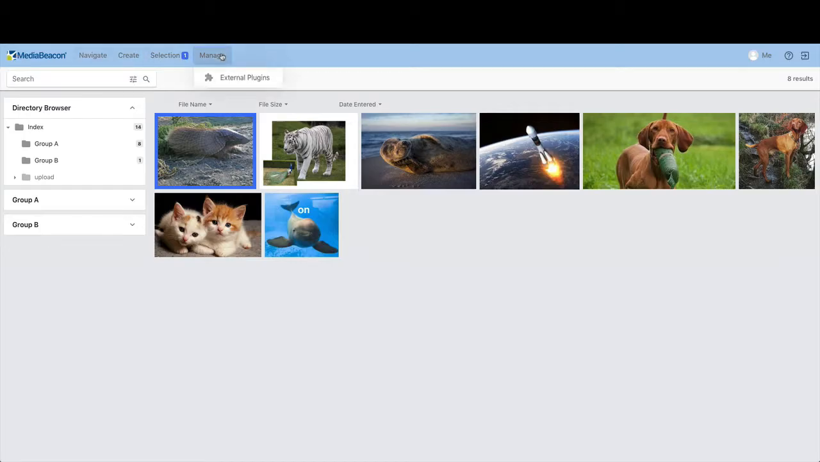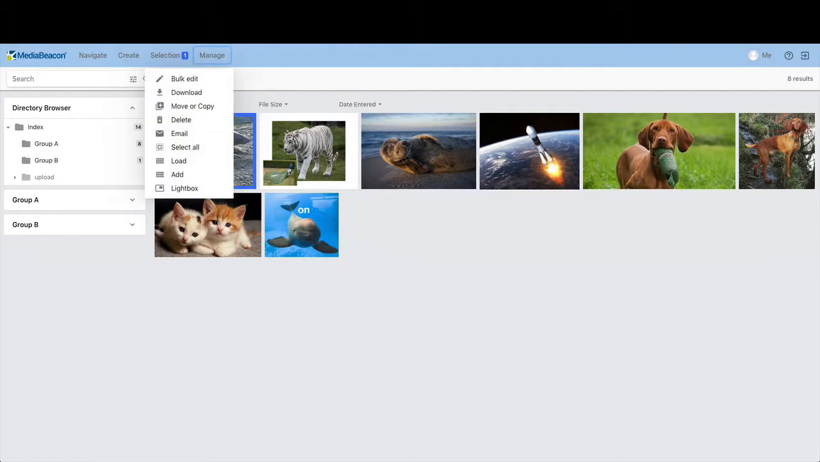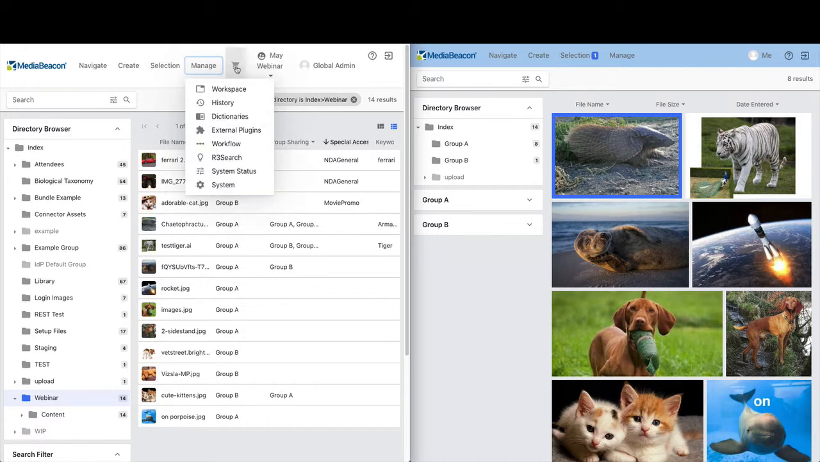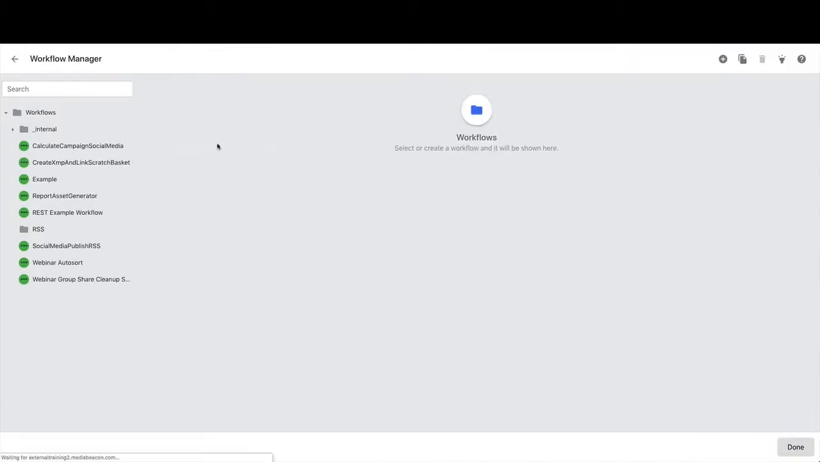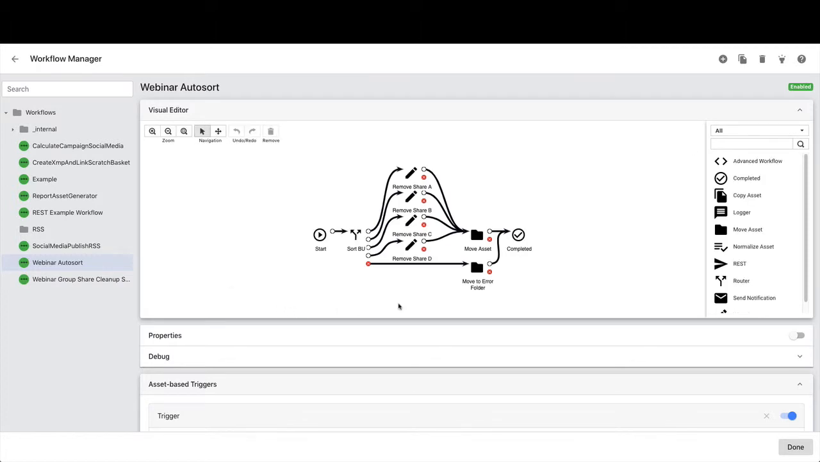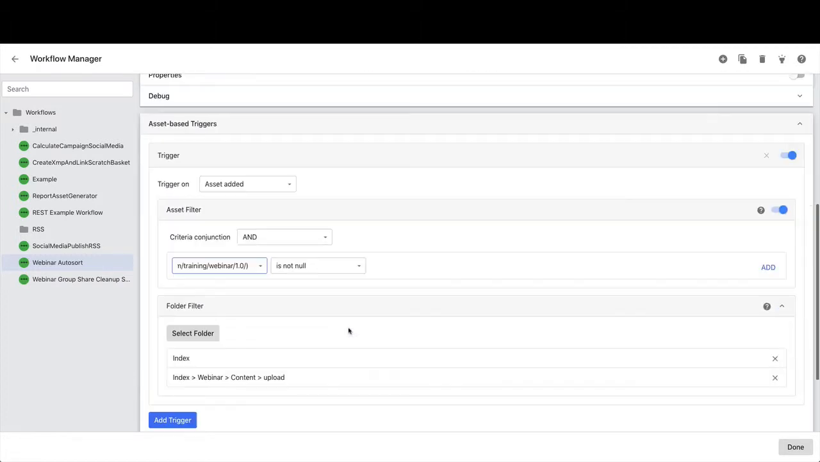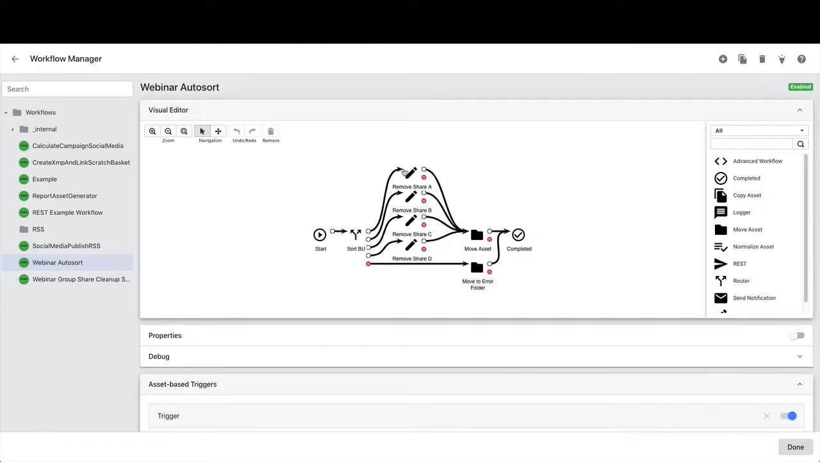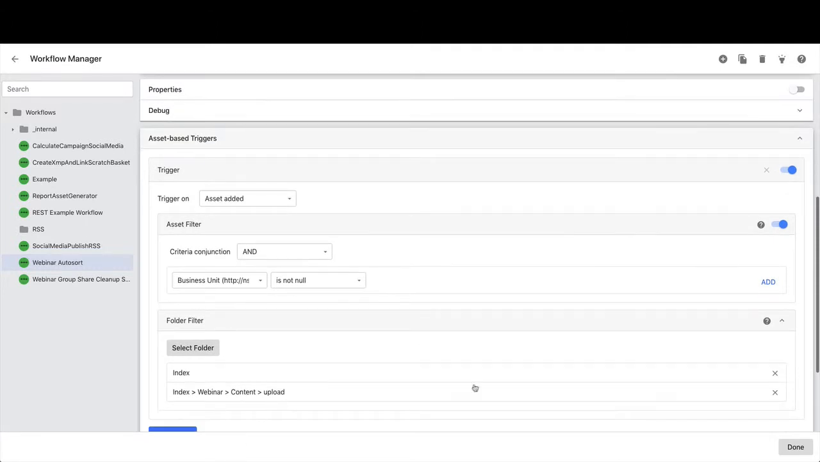And this is extremely easy to set up, and I'll show you just a quick overview of what that looks like. So in our admin view here, we've got an auto sort visual workflow script. And it's really pretty simple. I'm just looking inside the upload folder, and I'm making sure that the business unit field is not null. And if it's not, anytime an asset is added to the upload folder,